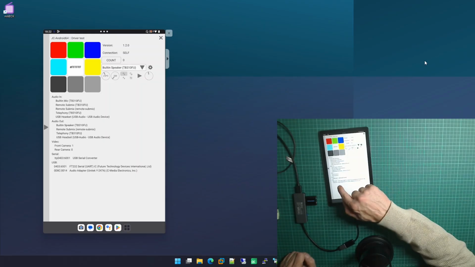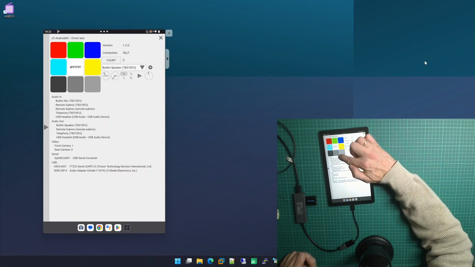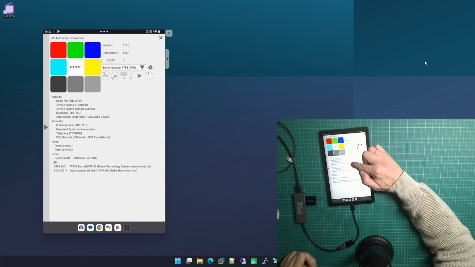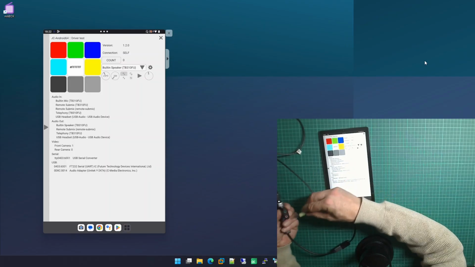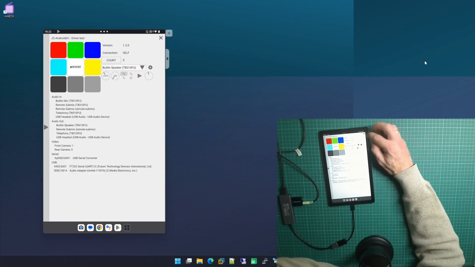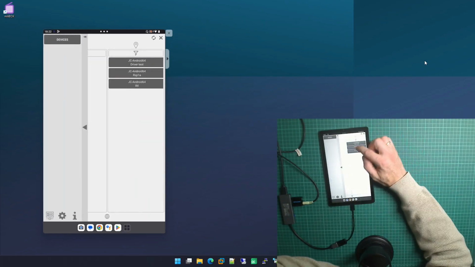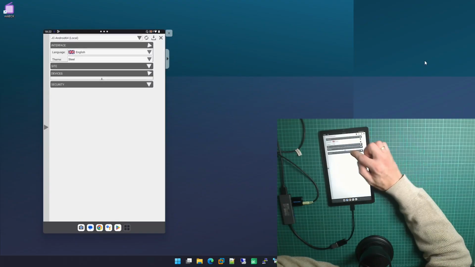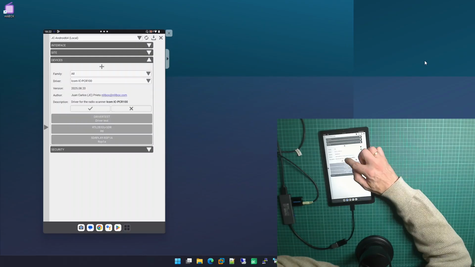Okay, you can see that now we have an audio adapter here in the USB devices, and in the audio devices, audio input and output, we have an extra device, USB headset, both for input and output. I will now connect the audio cable to here, and let's configure the PCR100. I go to settings again, devices, add device, PCR100,